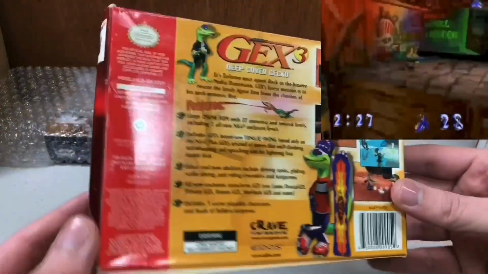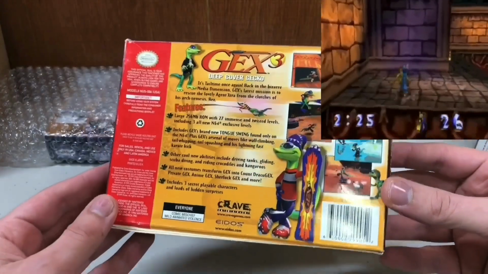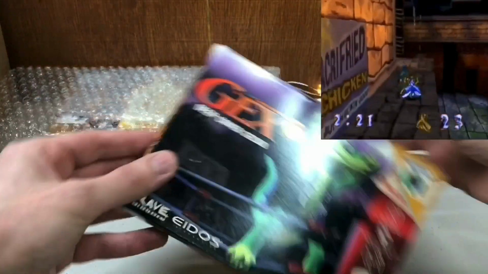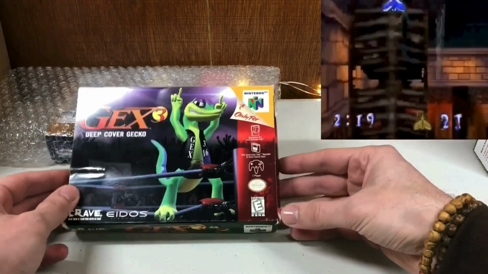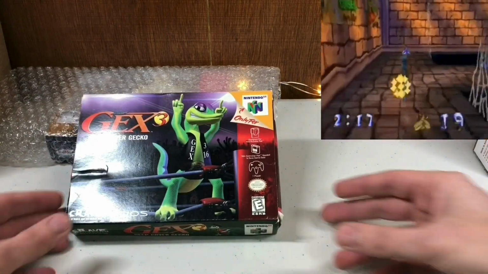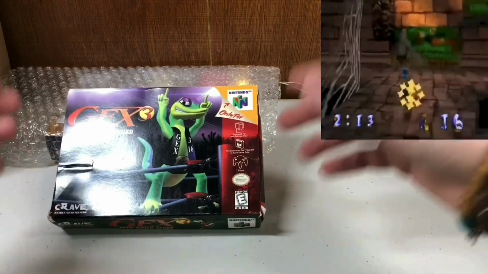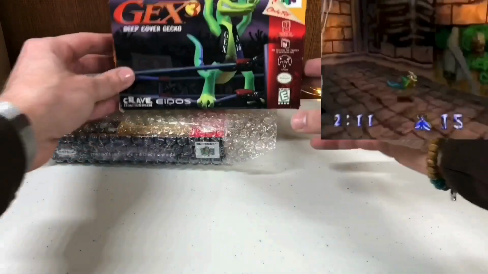I scooped it up ASAP, and you can see it's in very good condition. It's not absolute super mint, but like I said, this is so uncommon that I was like, wow, for such a ridiculously low price, I'm scooping up the box. I'll be patient for the cartridge and manual. So then, with my patience being rewarded,